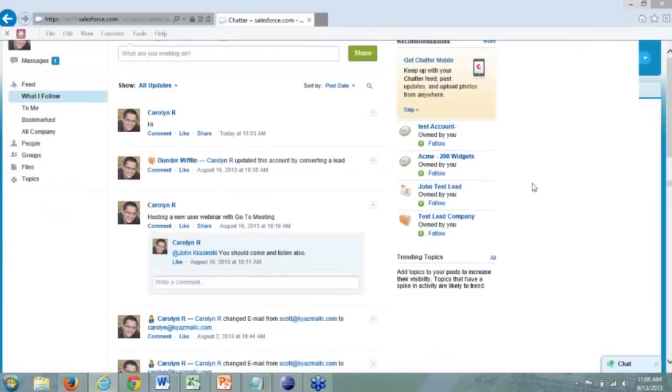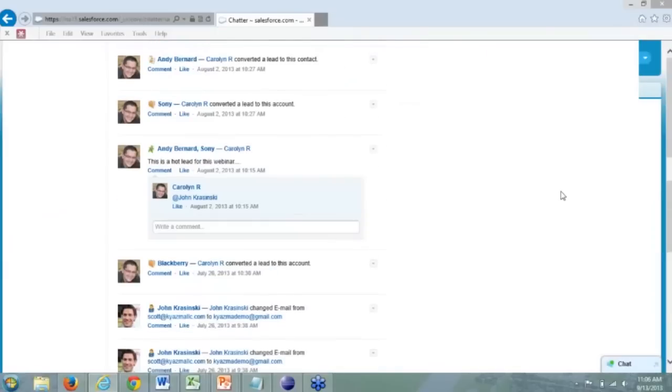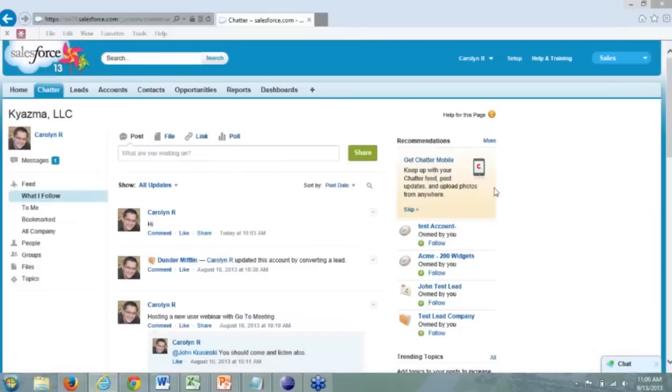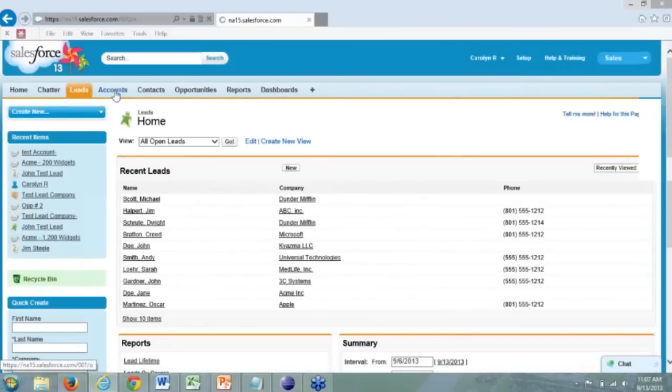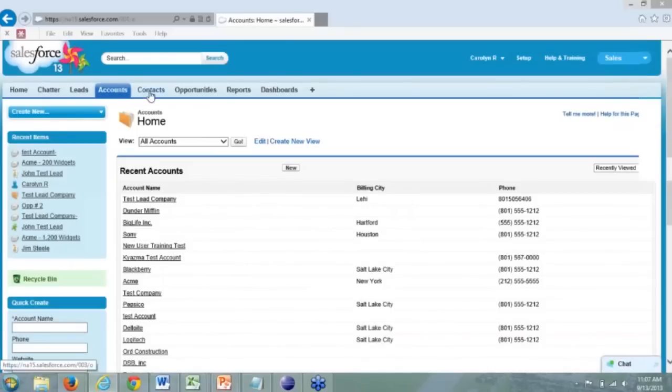us to do many more things like building a profile, building groups, following different people, following different records, and things like this. So that's an overview of your Chatter. You also have a leads table. You have an accounts table, contacts and opportunities. Also, you have links to reports and dashboards, and then you have this little plus sign right